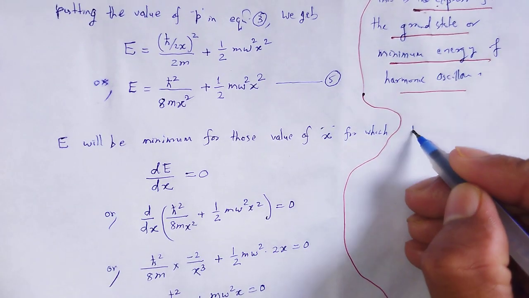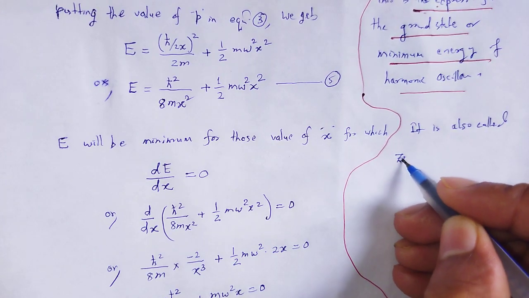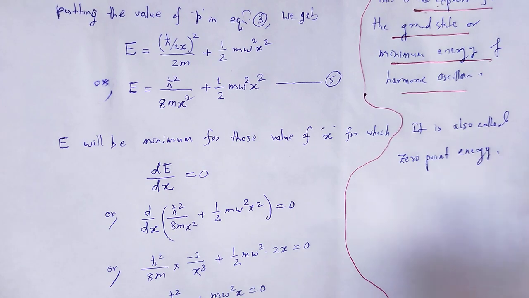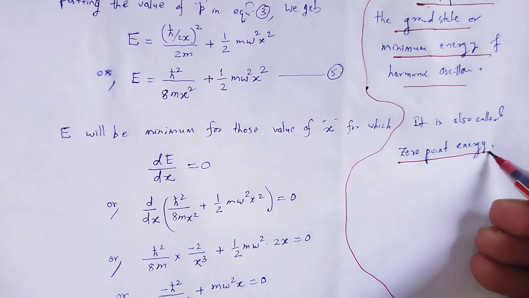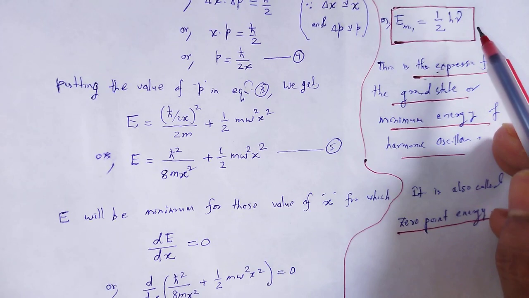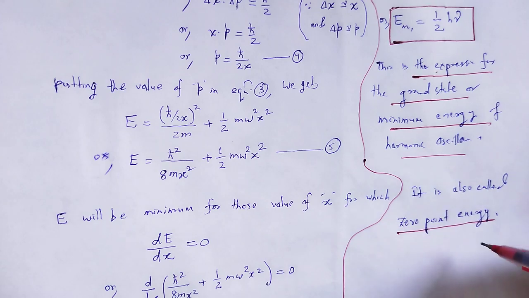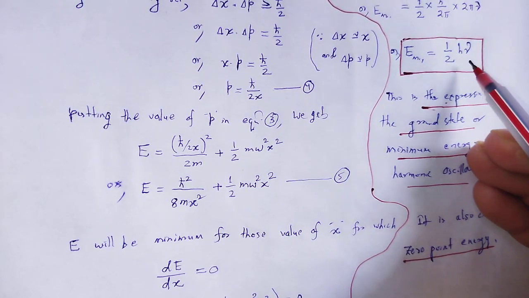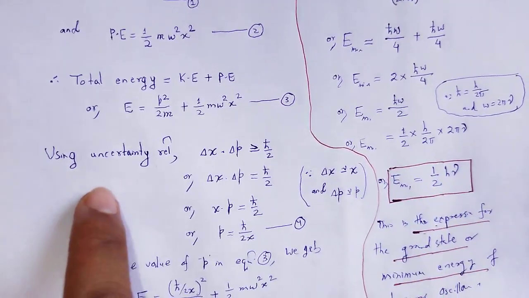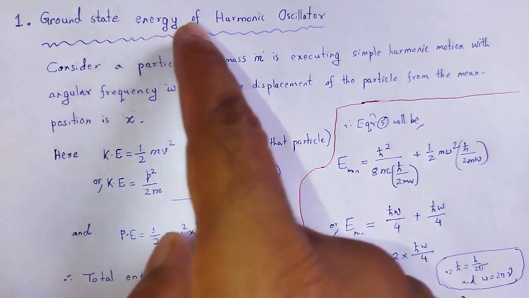It is also called zero point energy. The ground state energy of the harmonic oscillator is also called zero point energy. The name says zero point, but actually that energy is not zero. That is the non-zero energy, which is the minimum energy for the harmonic oscillator, which is equal to half h nu. So here, by using Heisenberg's uncertainty relation, we calculate the ground state energy of harmonic